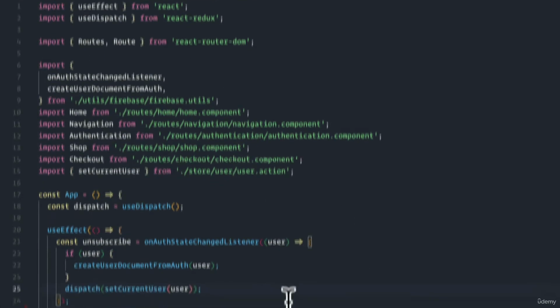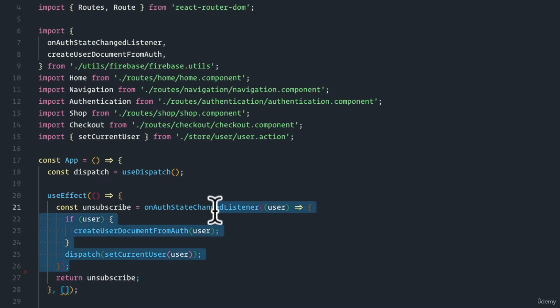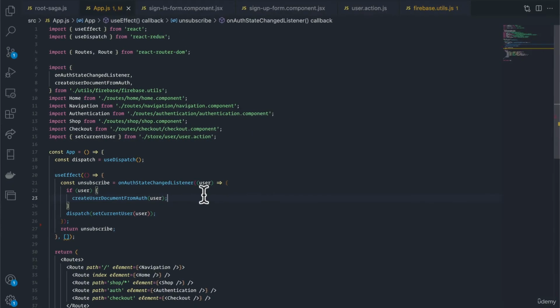Finally, we also have this observable listener that we instantiate on the app. And all of this code currently is living deeply nested inside of our components. With Sagas, we can attempt to remove these and put them into Sagas so that our components are more free from this asynchronous code. In order for us to do that, though, we have to think deeply about what we're